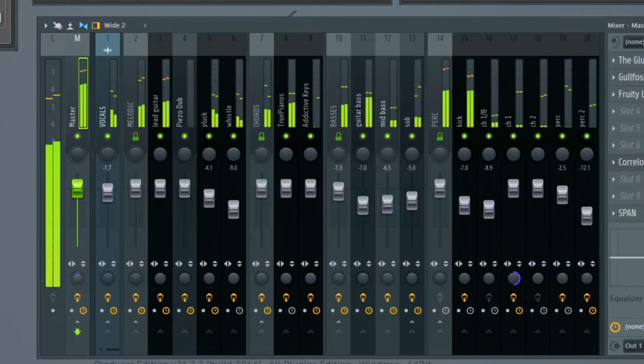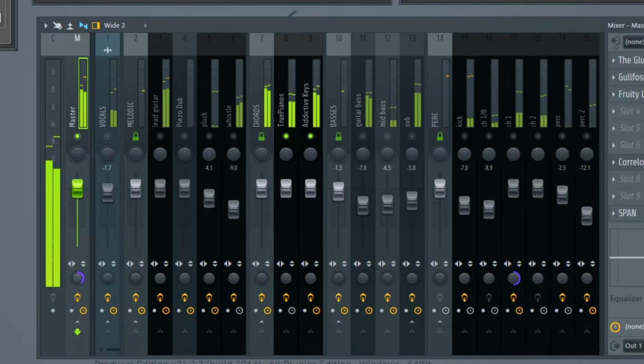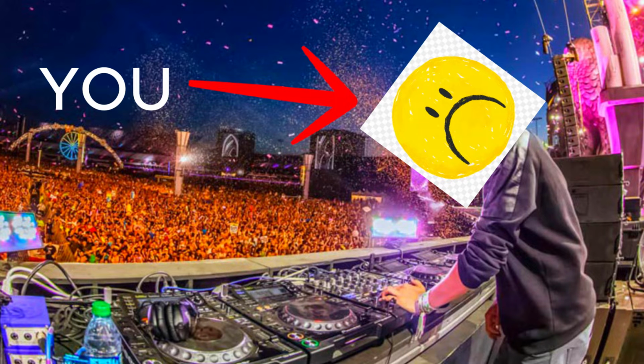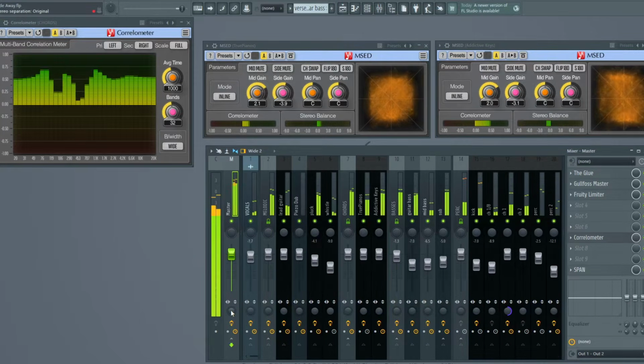Our goal is to have our track sound in mono the same as it does in stereo. If it doesn't, you'll end up with serious problems when playing your sickest set at Tomorrowland 2026. Here's the golden rule: if it sounds solid in mono, it will only gain dimension in stereo, but not the other way around. Moving on to the solution for the struggle.